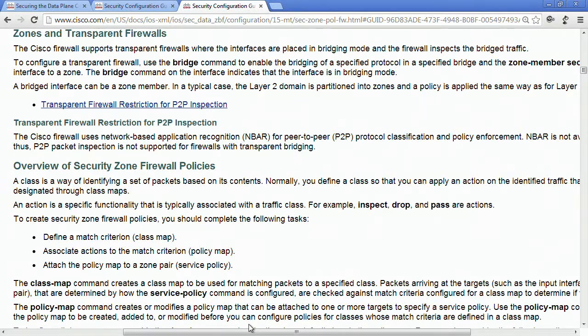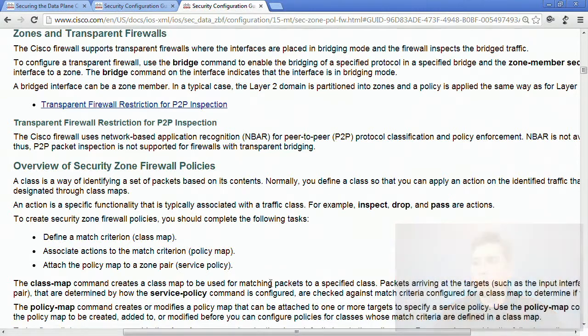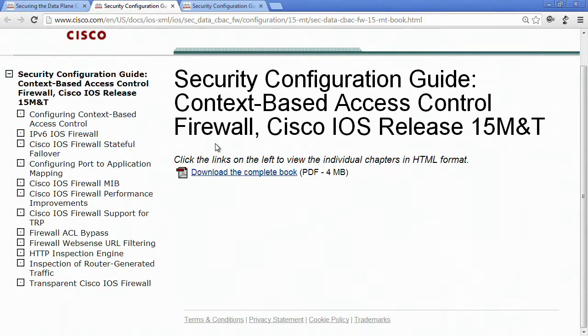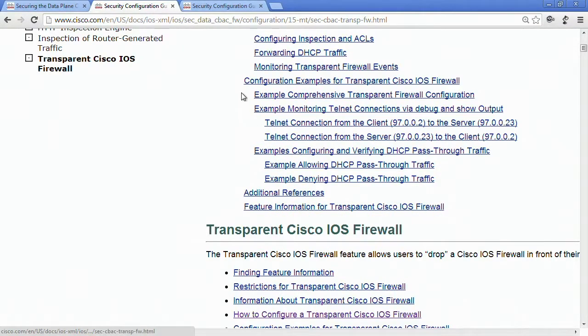It's essentially just taking your normal zone firewall configuration, combining it with IRB, and then applying the zones on the physical links. Now, in the case of the other document with this, which is the content-based access control, they do have a separate section here that is the transparent IOS firewall at the end. So this one does give a full example of how to configure this,